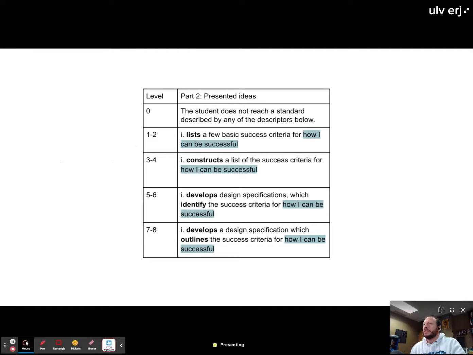Let's take a look at the second level, part 2, presented ideas. So this rubric is basically telling you how I can be successful. It uses fluffy words that are more complex to show higher marks. So we've got list. That means kind of a basic. Construct, meaning there's a little bit of depth to that list. Maybe I'm starting to tell you what flexibility means or what success means. Develop and identify means that you're going in detail, you're defining what success is, and you're giving examples of what